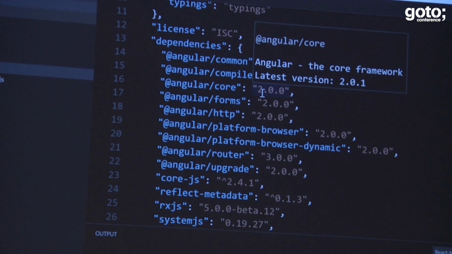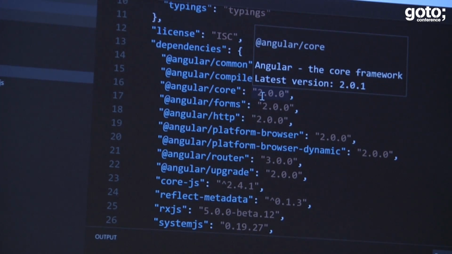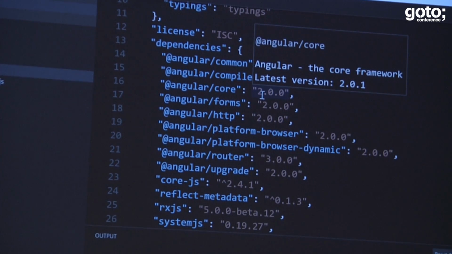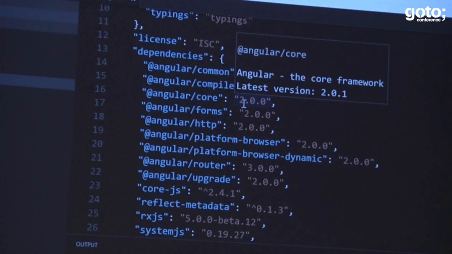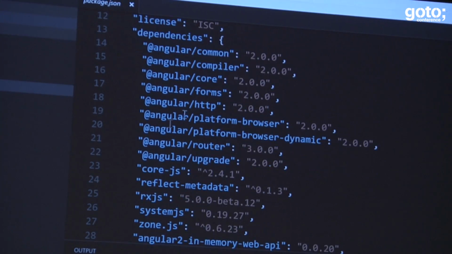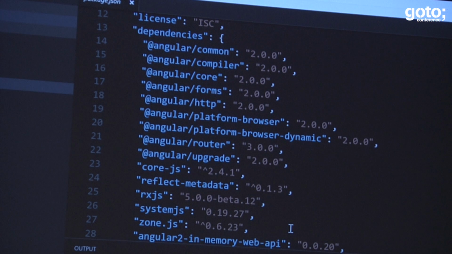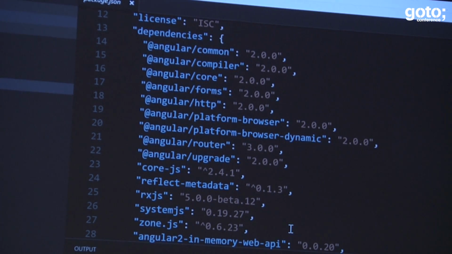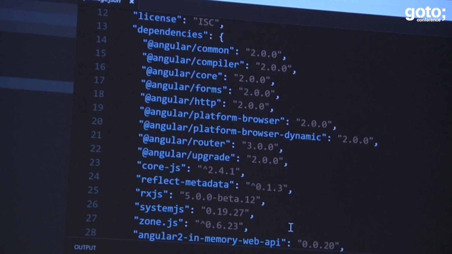Then I'm using router, and then upgrade in case I really want to combine my Angular 1 and Angular 2 projects in one single project, using some of the existing code in here. Other things that are necessary is Core.js. Core.js is actually the module system necessary for us to help the browsers understand what